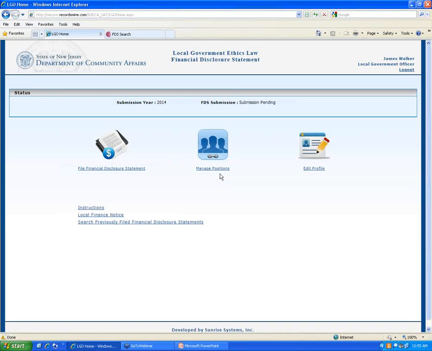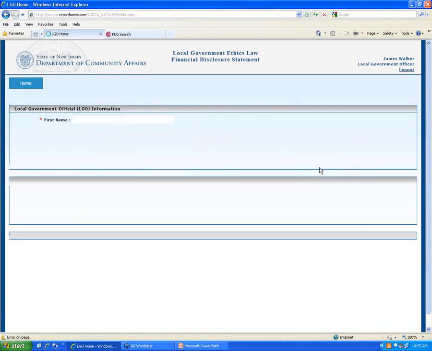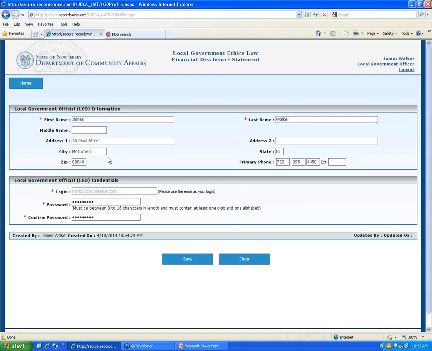So I'm going to log in. And once I log in, you're going to see that the screen here looks a little bit similar to the screen that you originally saw when you managed the roster. You have an edit profile where they can actually go in and edit their profile and so on and so forth, right? So they can come in here and update their information, okay?